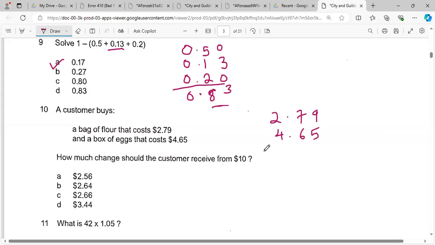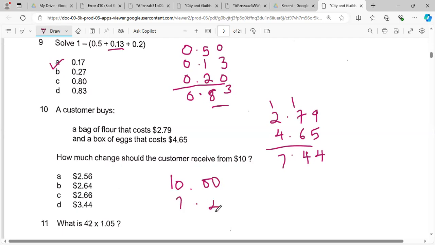So I could add 5 and 9, 14, 4 carry 1. 7 and 1, 8 and 6, 14. Put decimal point under decimal point. 4 and 2, 6 and 1, 7. So that's $7.44. So if we're going to take that from 10,